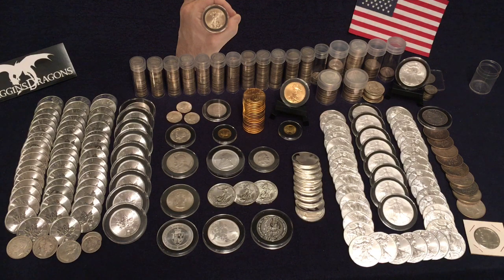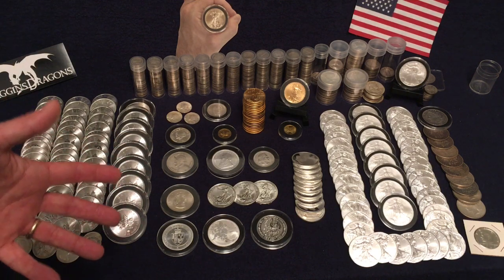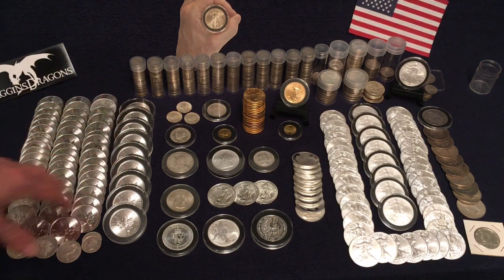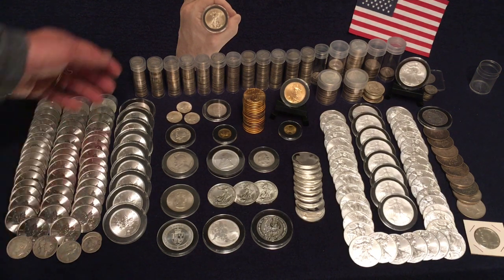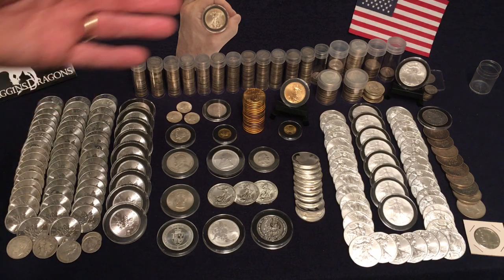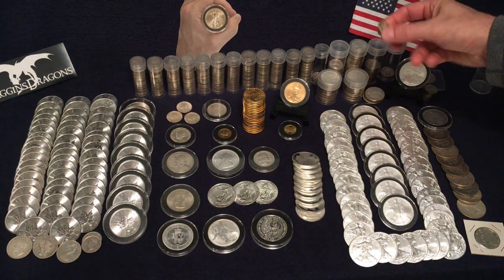If you are a collector type of stacker or a flipping type of stacker, you may have a different set of criteria of what you stack and so forth, but this is how I've decided to prepare myself for economic uncertainty. I really focus in on constitutional and government bullion. So back here you'll see a lot of different constitutional silver, dimes mostly, but also some quarters and half dollars. I like newer stuff when it comes to constitutional silver because I want to get as much silver content as I can. I do have some older coins, whether it be Franklins,